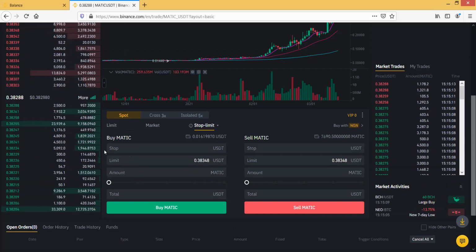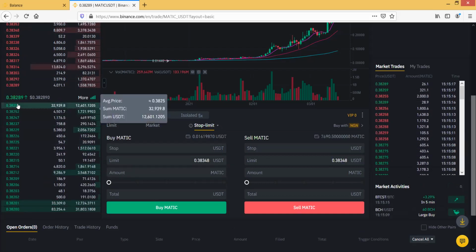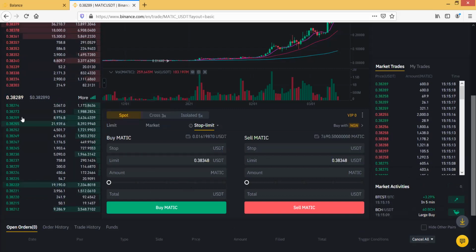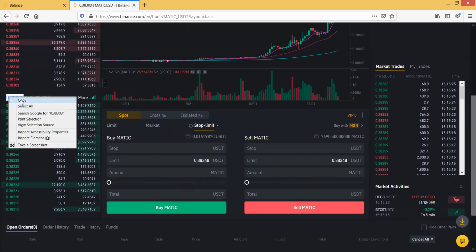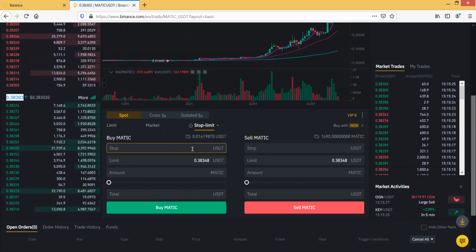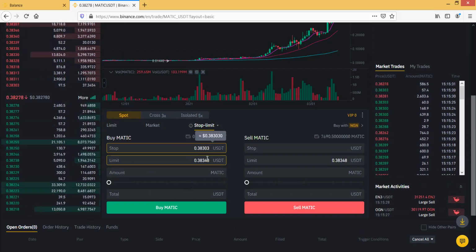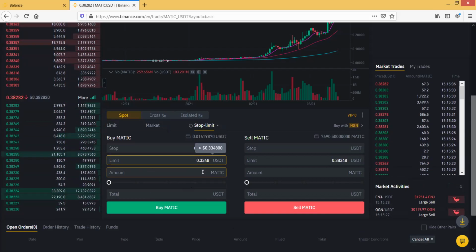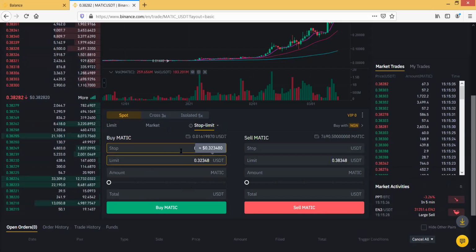Are you getting it? When you put a stop limit, that means you are going to put a price. See the way they set the stop limit. Maybe I copy this now. That's the price, and I put it here. The stop limit price will be higher. This one is 30, and I want to buy it at 32. But I said, okay, when you get to